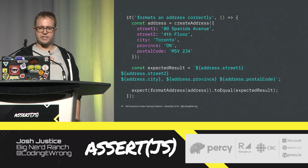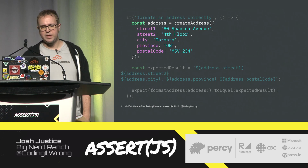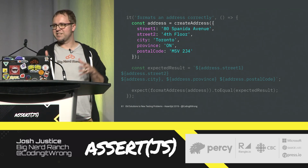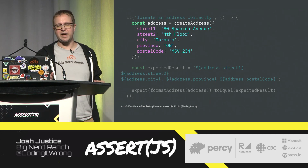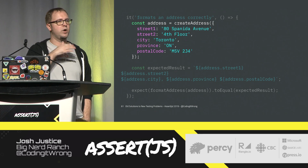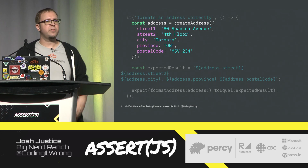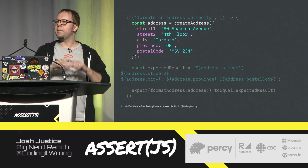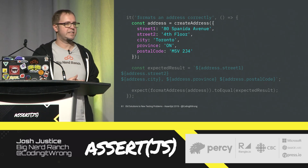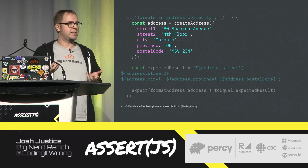We can use it here in a test, calling create address at the top. And notice here, I literally copied and pasted all these properties from the previous slide. So these are all the same values. So why would I pass these in? I'm going to get the same address out of here that I would if I passed no arguments at all. But think about what Gerard had said about this. We want to pass in only the values that are needed to understand the behavior and the outcome of the test. So although the test would pass if I left these out,